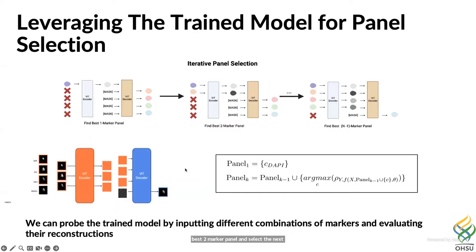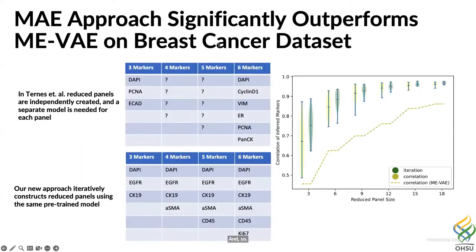And then we include that into our reduced panel size, and then iterate through the remaining 2 markers to find the best 3 marker panel. And so, yes, that clarifies. And so this approach results in a significant performance increase over our lab's initial approach, as well as streamlines the